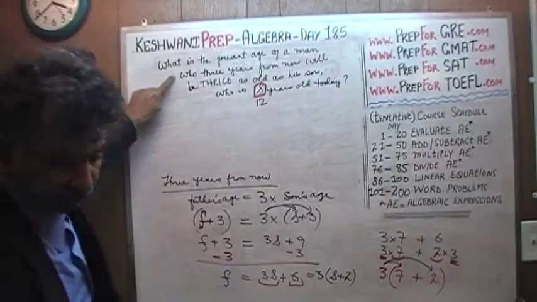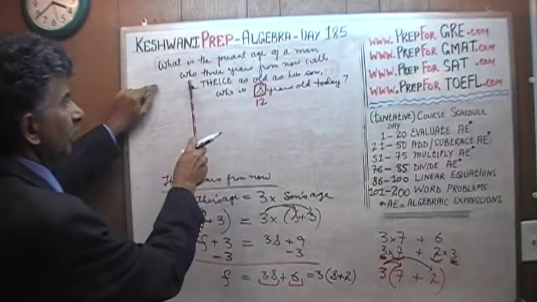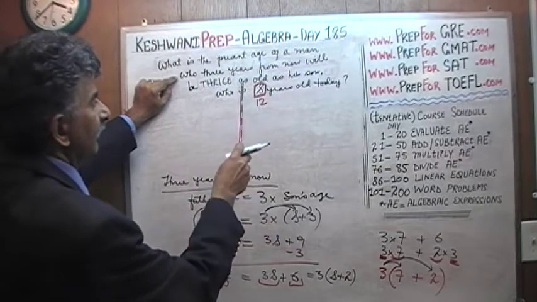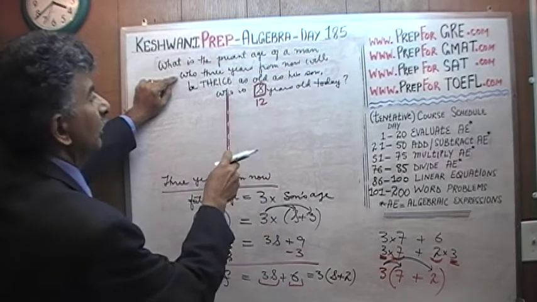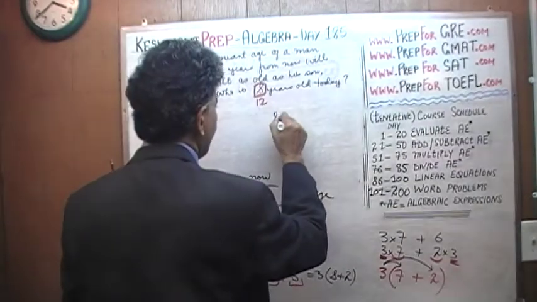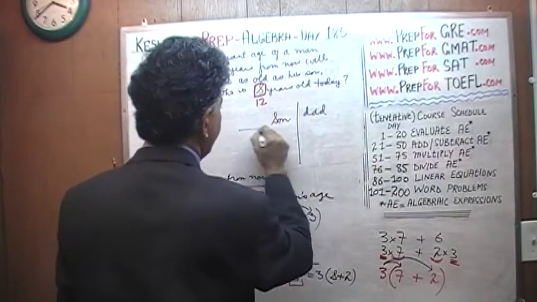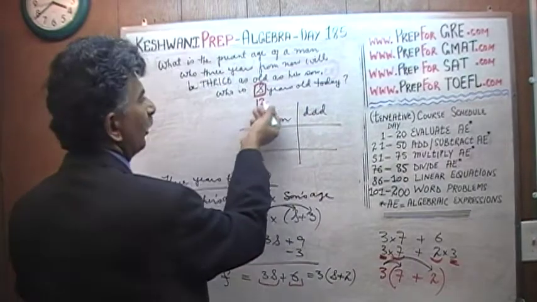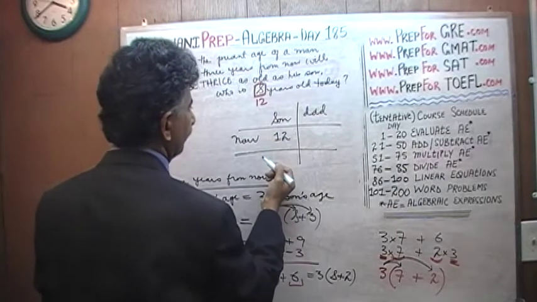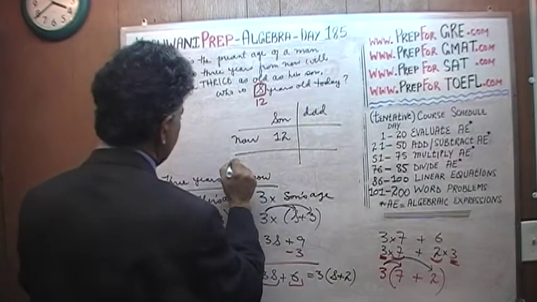The question now reads, what is the current age, the present age, of a man who 3 years from now will be 3 times as old as his son, who happens to be 12 years old today. So here's your son, and here's the dad, the old man, and the son is 12 years old today. So here's the now, and that's 12 years old. 3 years from now, this